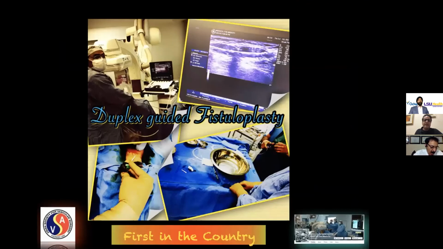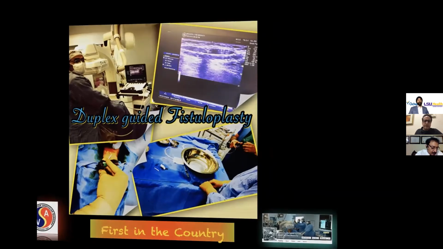And I'm glad to say that we were the first in India to start duplex-guided fistuloplasty for these patients, especially for the group of patients who come repeatedly to you and you are absolutely sure they don't have a central venous obstruction because of their previous venogram. Mostly these procedures are done in a hybrid lab, where the facility for a C-arm or fluoroscopy is available, but you can still complete these procedures under ultrasound guidance easily. In case you have doubt, you can always take a completion venogram to see whether we have achieved a good result. But otherwise, for peripheral lesions, good ultrasound knowledge is sufficient to carry out these procedures.